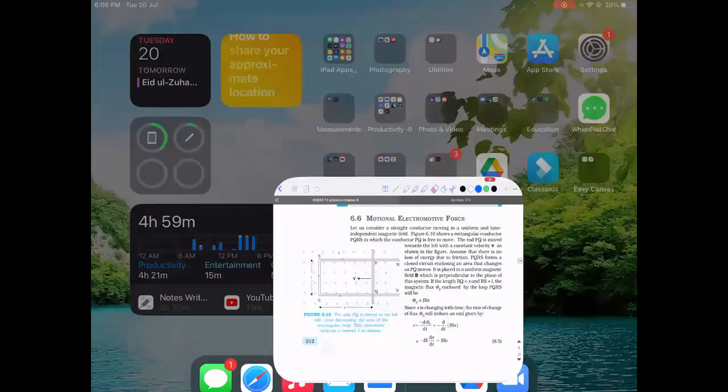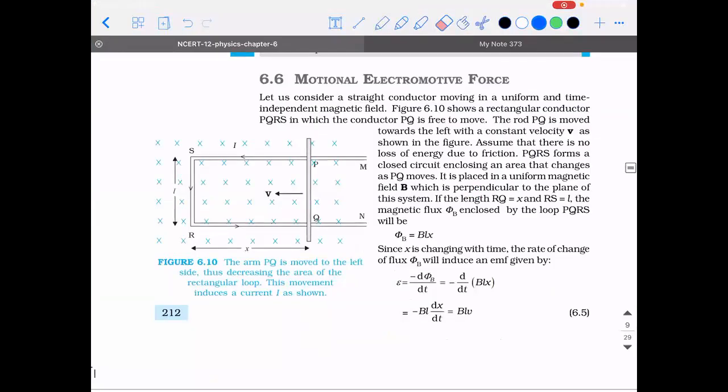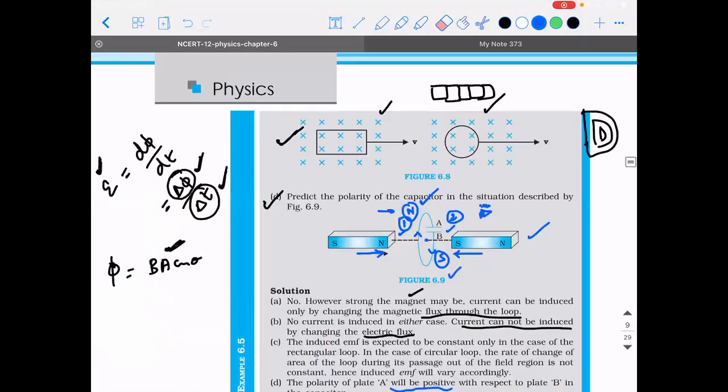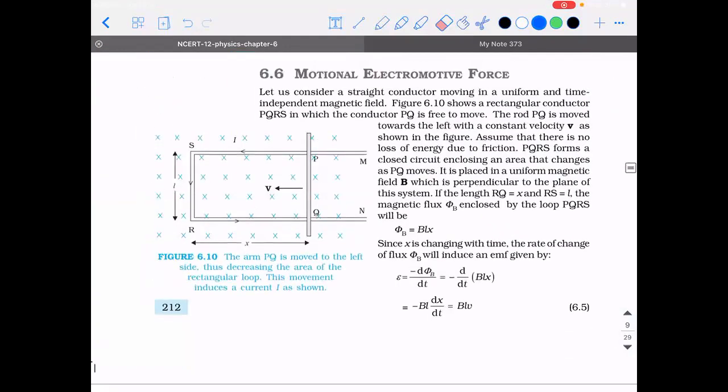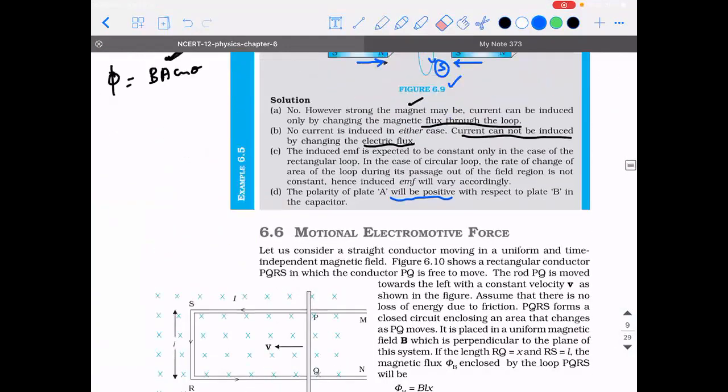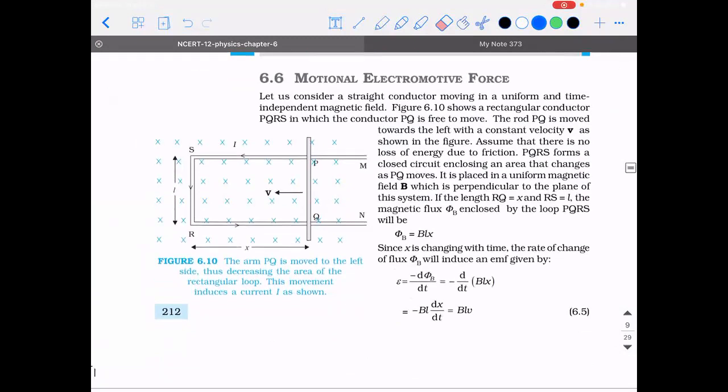Let's get started. So yesterday we discussed two important points. What were they? One, we discussed Faraday's law of electromagnetic induction, and the second is we discussed Lenz's law. Right. So today we are going to discuss another important topic, which is called the motional electromotive force,